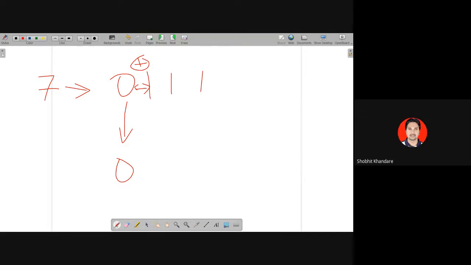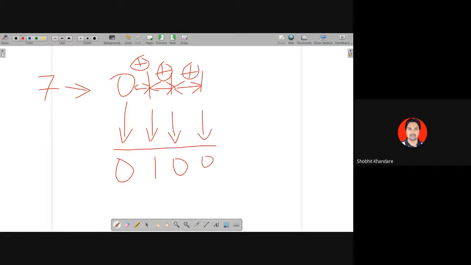So you will be writing down that answer 1 here. Again, do the XORing on the adjacent bits. 1 XOR 1 gives you 0. So write down that answer 0 here. Again, carry out the XOR operation between the remaining 2 adjacent bits. So you are doing XORing. So 1 XOR 1 gives you 0.